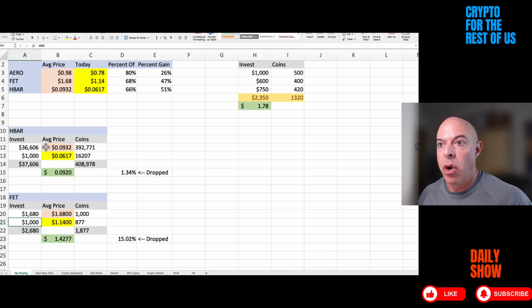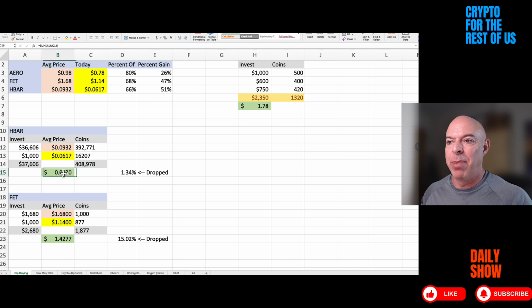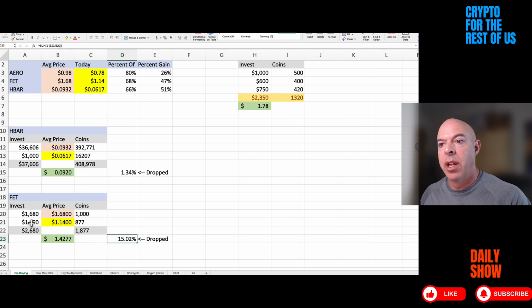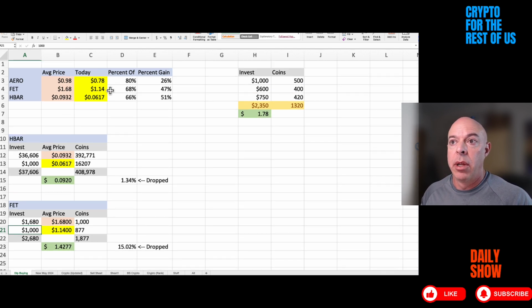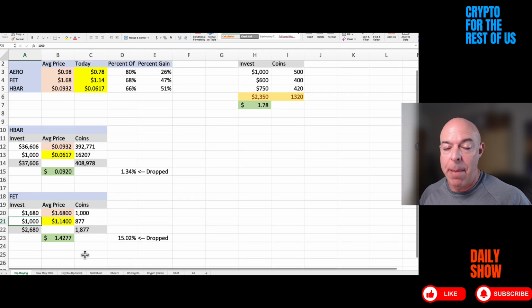So if I'm going to decide between these two, I'm looking at two different things. Both of them could yield me a real quick 50% gain. That makes me feel good. This is dropping the price by 1%. This is dropping it by 15%. So in this case, I'm going to take my 1,000 and deploy it into this project. Now there are other projects that it might have even more impact on.